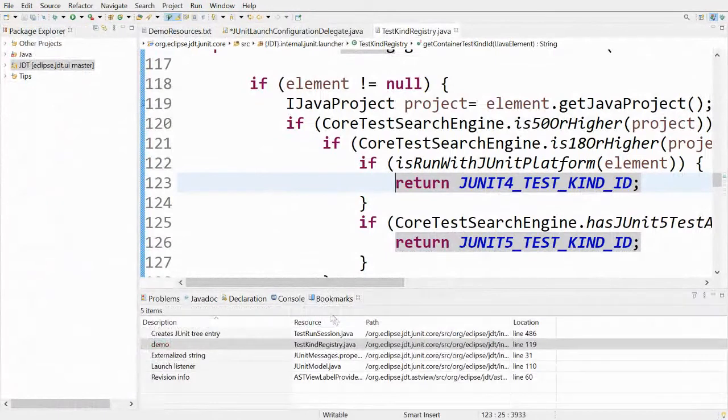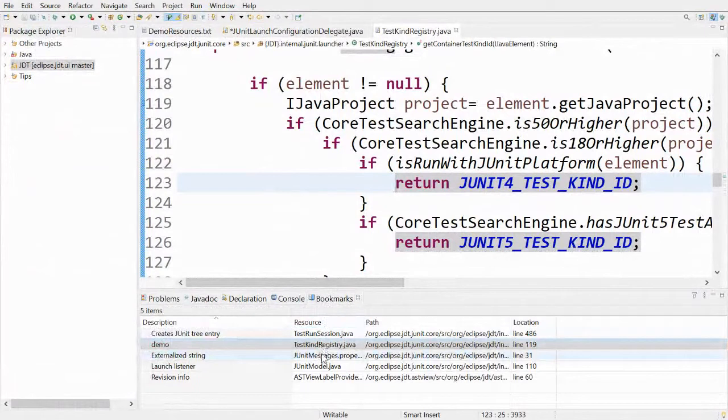Now we all work with externalized strings. So these are the strings which are translated into different languages for internationalization, and they are present as key value pairs in the properties files. So here, if you want to know where a particular string is being used in the source code for debugging or for any other purpose, then you can just control click on its key in the properties file, and it will show you all the locations where this key is being used. You can also double click on a location and directly navigate to that location where the externalized string is being used.